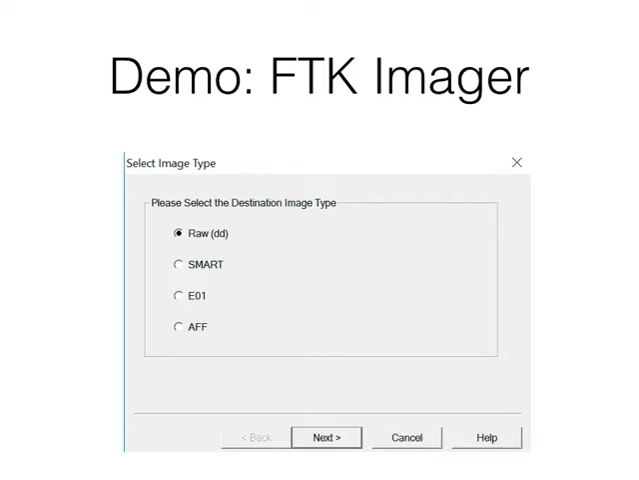I haven't used Smart, but E01 and AFF are very common. E01 is the expert witness format that's used by Encase, which is the standard for police departments, and AFF is commonly used by FTK Imager, which is the standard for the FBI. And they're both big commercial products, and both of them will take essentially a DD image, and then they will